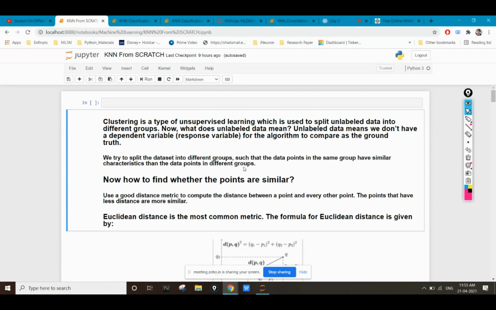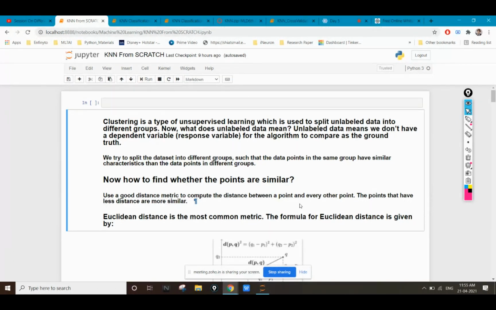We have already seen that we use the distance to group points into different categories. So here also we are checking the similarities with the help of distances. We use a distance matrix to compute the distance between a point and every other point.